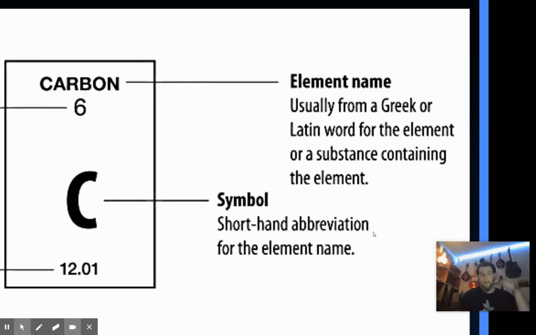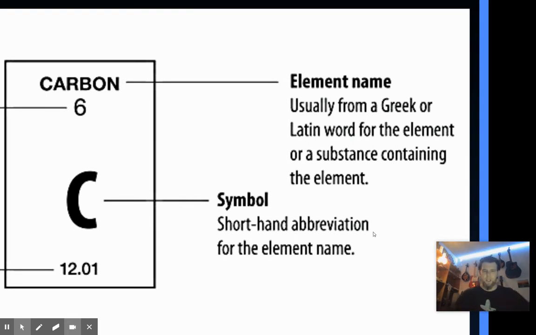And so we have the element name, usually from a Greek or Latin word. One of my favorite ones is lead. So lead on the periodic table has the symbol of Pb, which sounds kind of weird. Why would lead have Pb? But it is because in old times, lead was called plumbum. And that's what the Romans used to line their pipes with to transport water. And it has applications today because it was called plumbum. If you have problems with your pipes nowadays, you call the plumber. Kind of cool. I like how things work out like that.